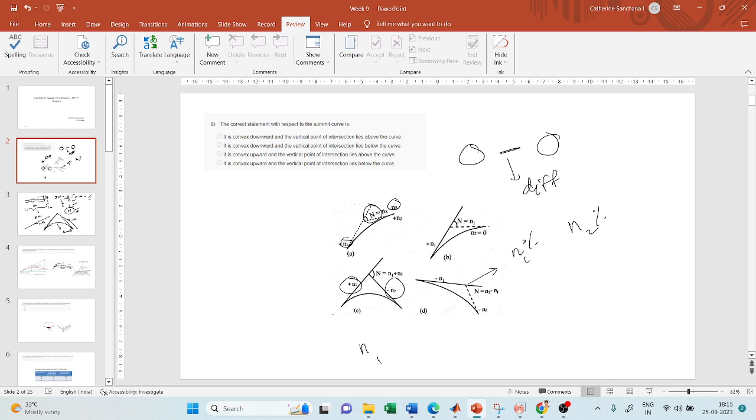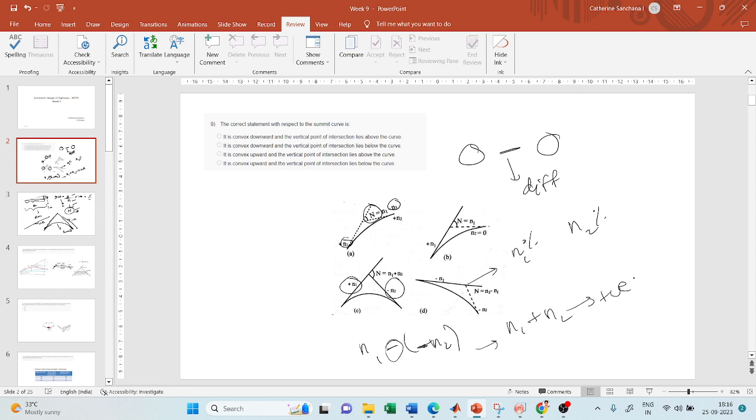It is n1 minus, again, minus n2. So this is the algebraic difference. I have found the difference between the two grades, but the sign of the gradient is also maintained the same. So what will this give me? This will give me n1 plus n2, right? So this is positive. If the algebraic difference between the two gradients is positive, then it is always a summit